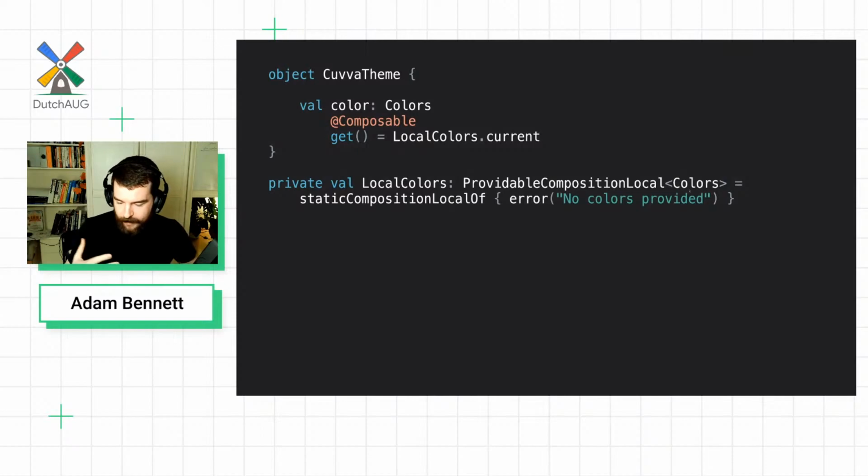And that is basically how you make the colors available sort of anywhere within your app. So a composition local is basically a sort of service locator within a tree. And it's a way of avoiding passing this colors object the whole way down your theme. You don't want to have to pass it where you set content down to the leaves at the very bottom. So this is a way of just kind of picking it up from wherever within that tree.